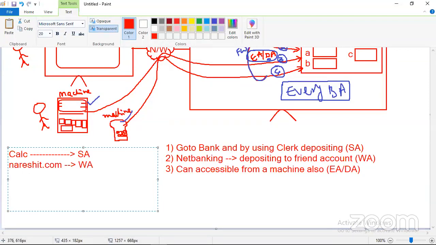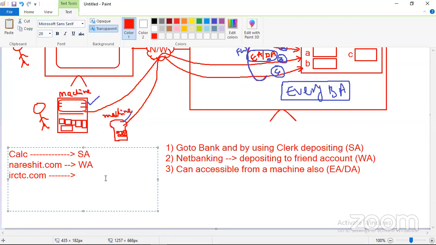Web application. Next, I'm giving you irctc.com. Can you access irctc.com from a machine? Can you swipe? No, right? What type of application is irctc.com?